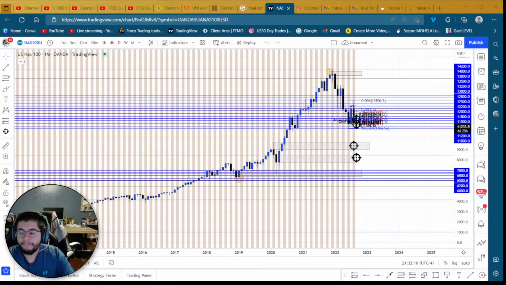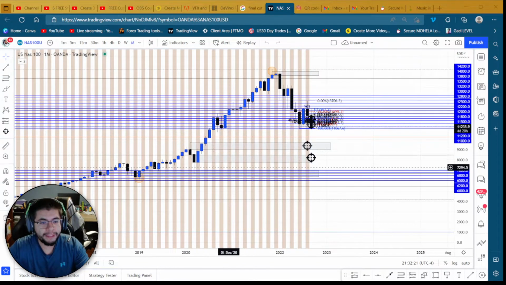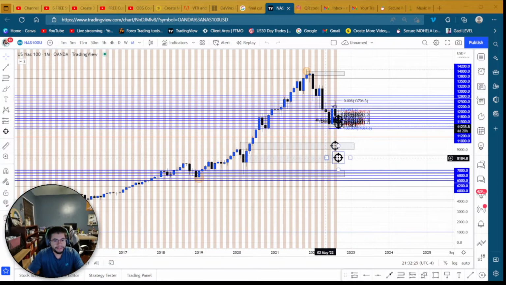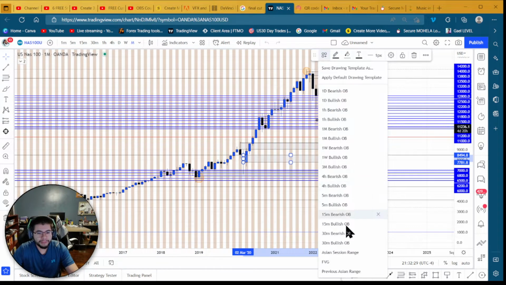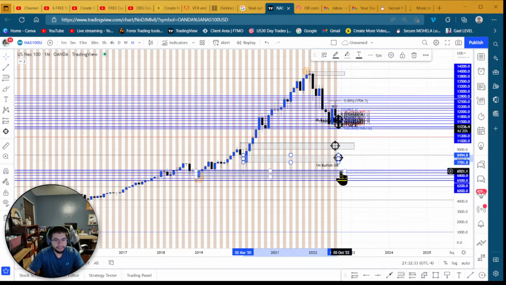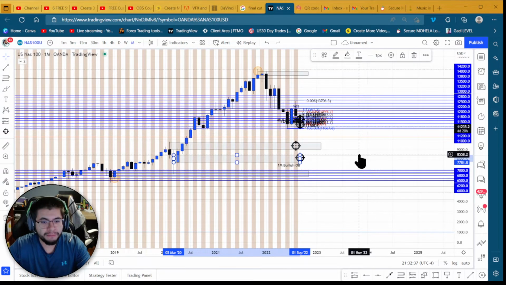Okay, so here we go. We're on a monthly chart here. I drew out these areas. The last down candle before the move up is a bullish order block, but this is a monthly. So what I'm going to do is look for the month and type in 1M bullish order block, and the M is capitalized, so it's not a minute, it's a month. And then I have this one too. It's a breaker block. If we go down to the weekly,